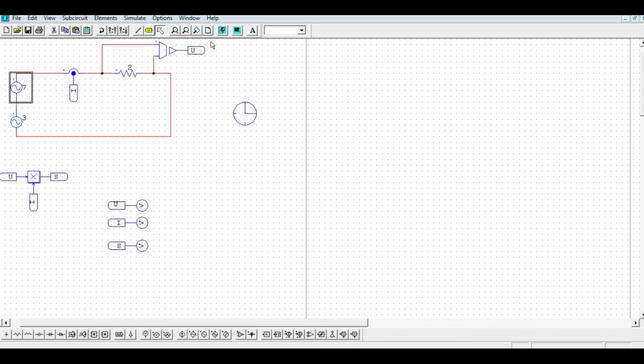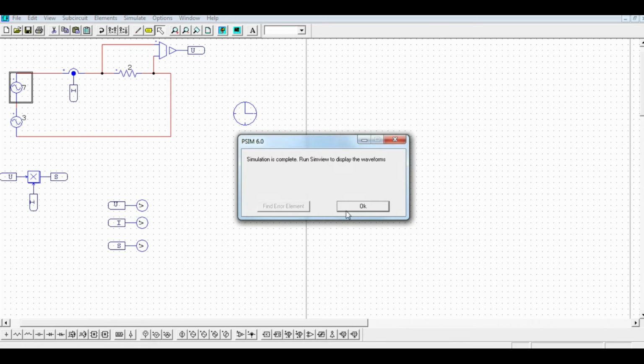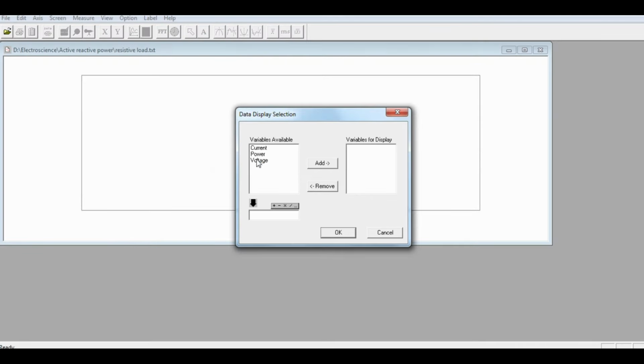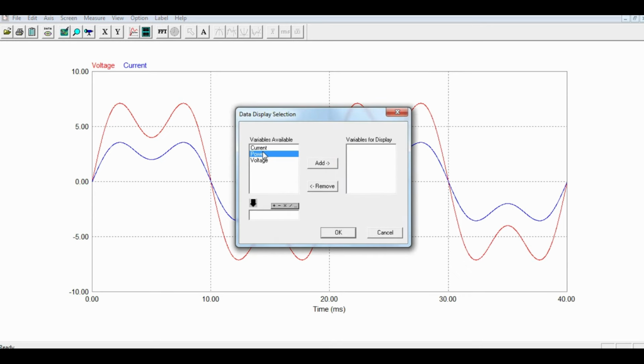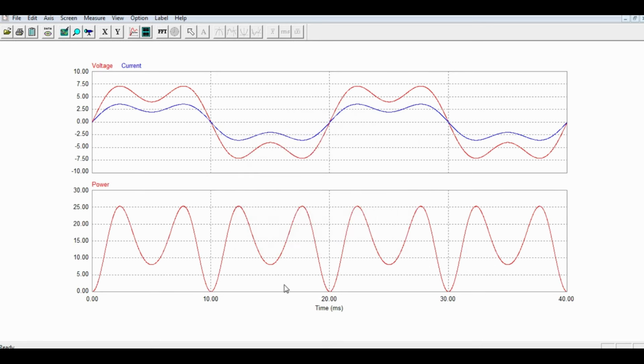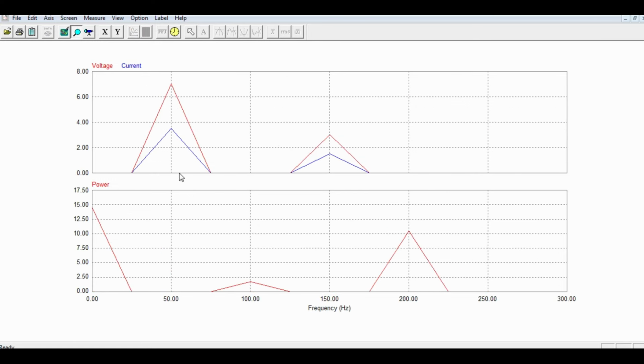Let's simulate that by adding another voltage source with a lower amplitude and 3 times the fundamental frequency. Now both the voltage and current are distorted. The third harmonic is added over the fundamental. As a result, the power flow is also composed of active power generated by the fundamental and the deformant power generated by the third harmonic. In the FFT spectrum we can distinctly see the 50 Hz fundamental and also the third harmonic with a frequency of 150 Hz.